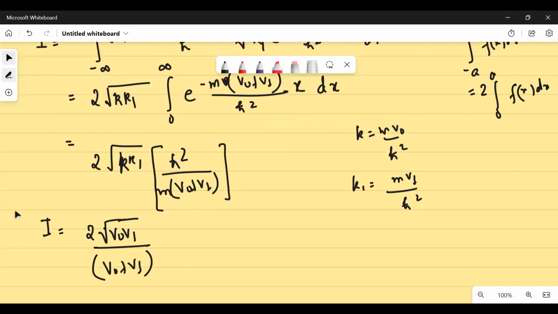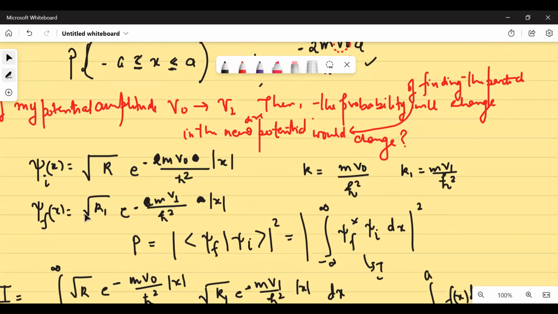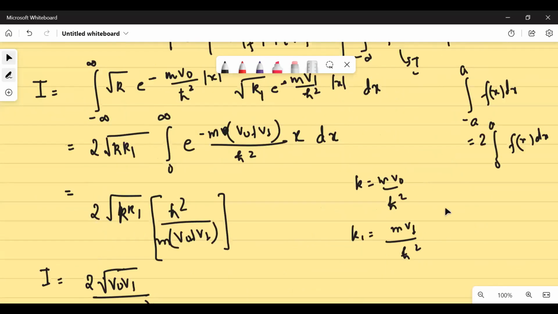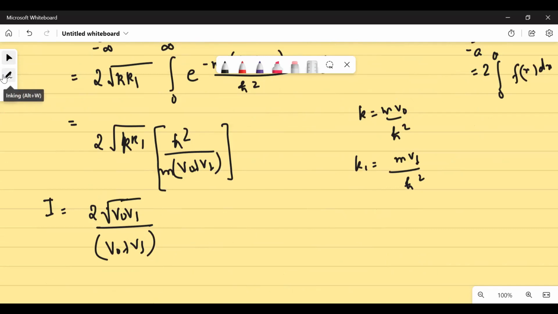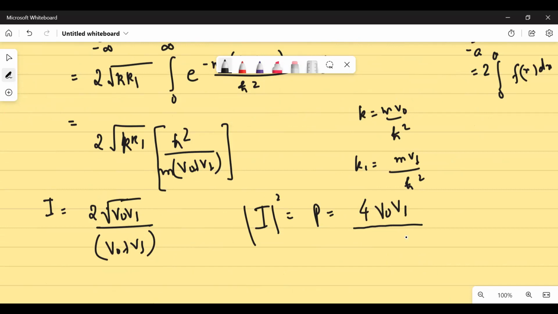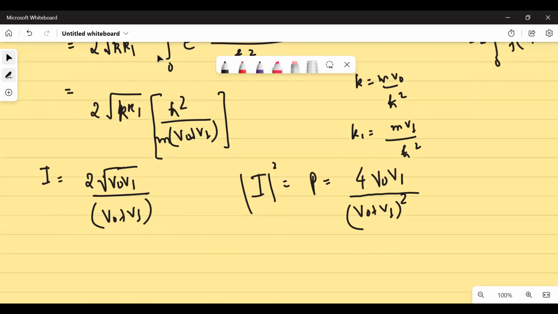And what will be the probability? The probability of finding the particle in the new potential can be written as the modulus of I, whole squared. So what is the probability of finding the particle in the new state, I mean in the new potential? That will be modulus of I whole squared, and that probability is given by 4 times v naught into v1 upon (v naught plus v1) whole squared. So just as an illustration,